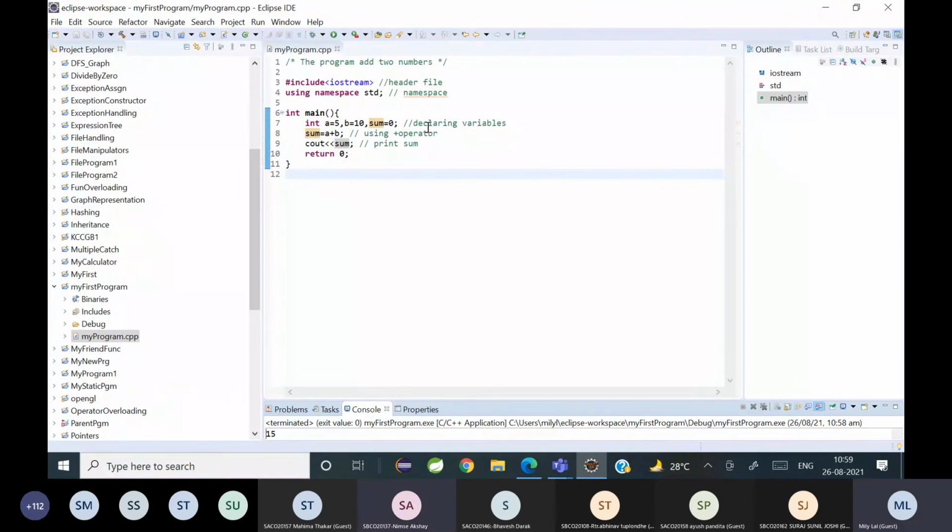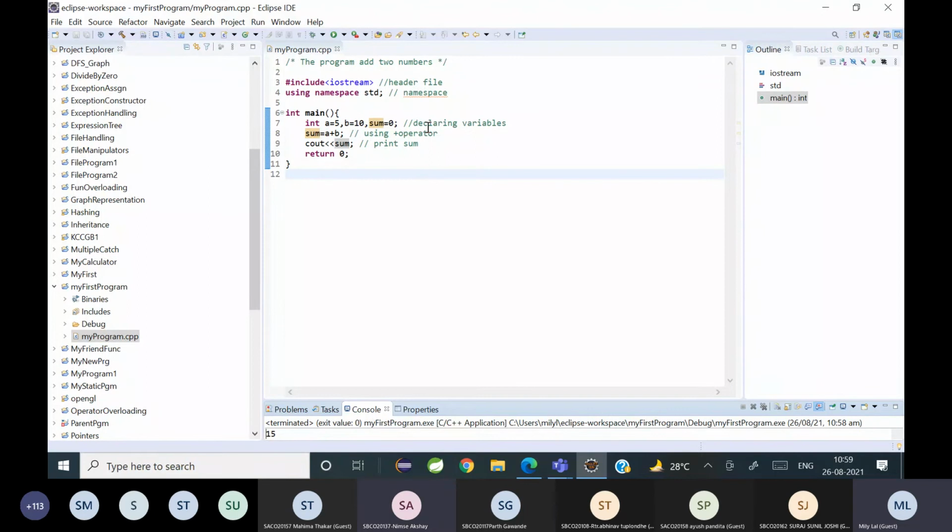Ma'am, you are creating a variable, no? Yeah, you're creating and declaring a variable sum, and for the time being I'm putting value 0 in it. And as it is a variable, it can change later. Clear? Yes ma'am.